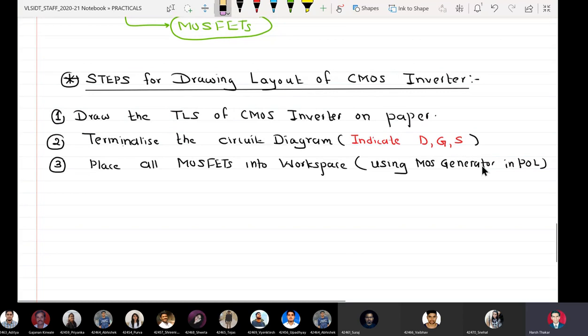POL is called palette of layers, and there is one particular option available in palette of layers called MOS generator. So place all MOSFETs into the workspace using MOS generator in palette of layers.